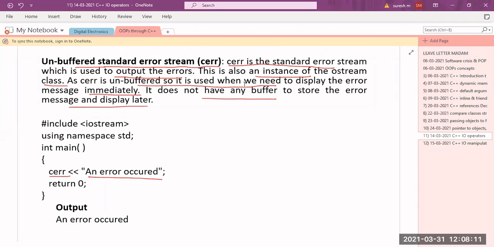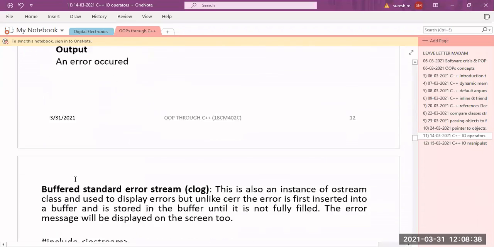So in case of this CERR, which is a standard error stream used to display the errors onto the monitor immediately, this is unbuffered, so it is used when we need to display the error messages immediately. It won't store those errors onto any separate log file. It does not have any buffer to store the error message and display later. That means later, for checking, it is not stored separately in a buffer. That is your CERR. And there is one more